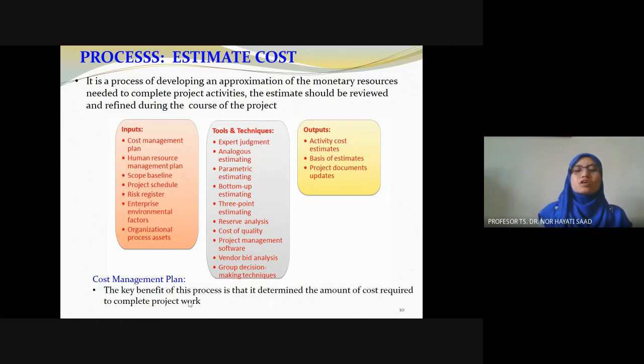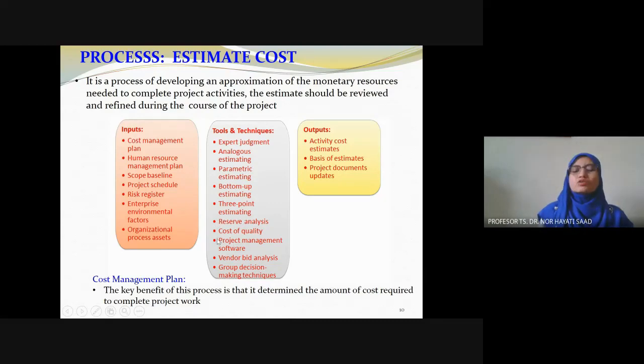Cost of quality is very important as well, because the moment we want to take care of the quality of cost, we need to invest in the cost of appraisal, let's say, estimating the risk. We need to invest more in training to ensure that our workers work properly and have the right skills, so that they can work better to fulfill the requirements of this project scope. So those kinds of things are cost of quality.